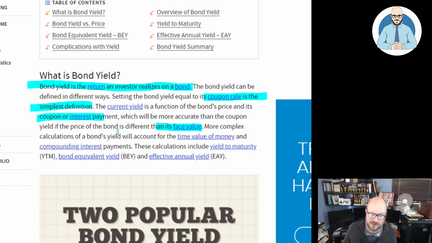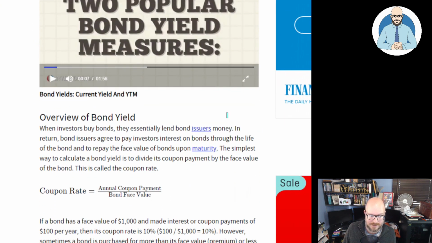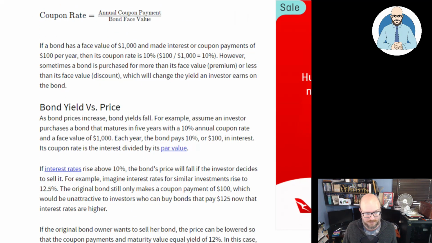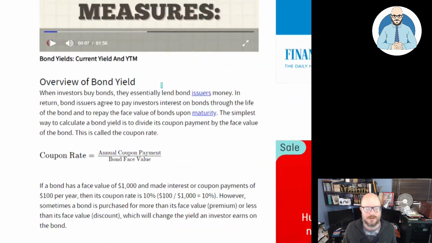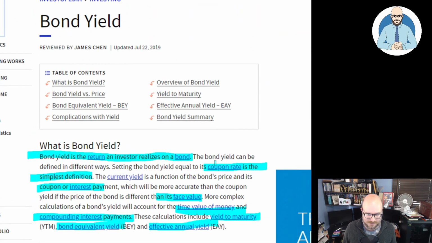So more complex calculations of a bond yield will account for time value of money and compounding interest payments. These calculations include yield to maturity, bond equivalent yield, effective annual yield. Okay, but that's enough to give us an overview of just what it is and an understanding. I mean, they've got greater detail here, and you can look at that on your own time. And I'll link to this, but we know what a bond yield is. I think the coupon rate, sure, we're all familiar with. Then the current yield is going to be the coupon rate adjusted for the value of the bond,